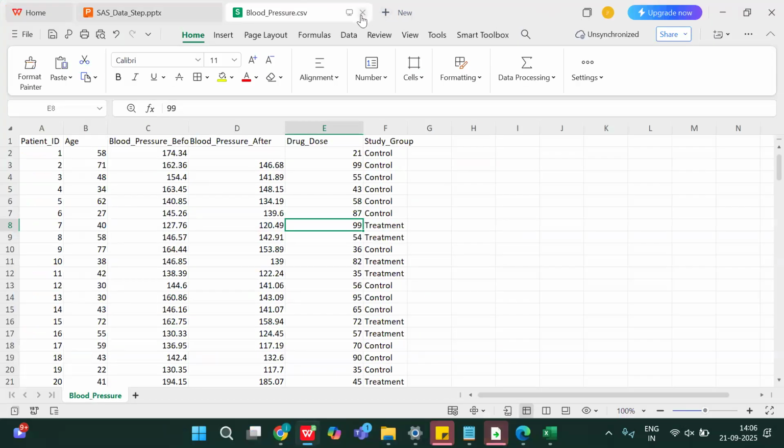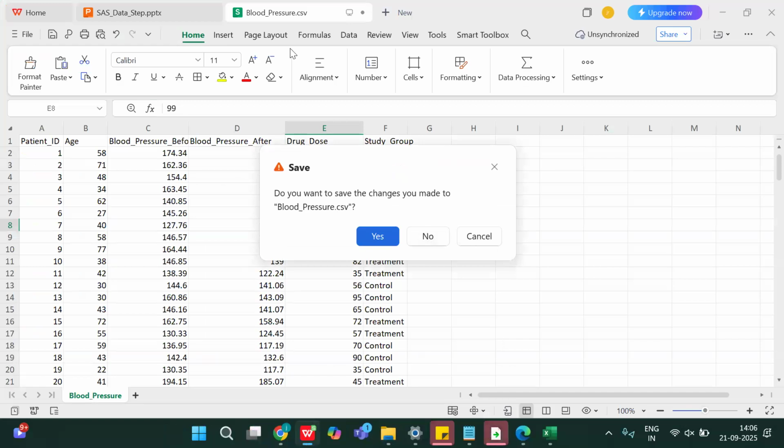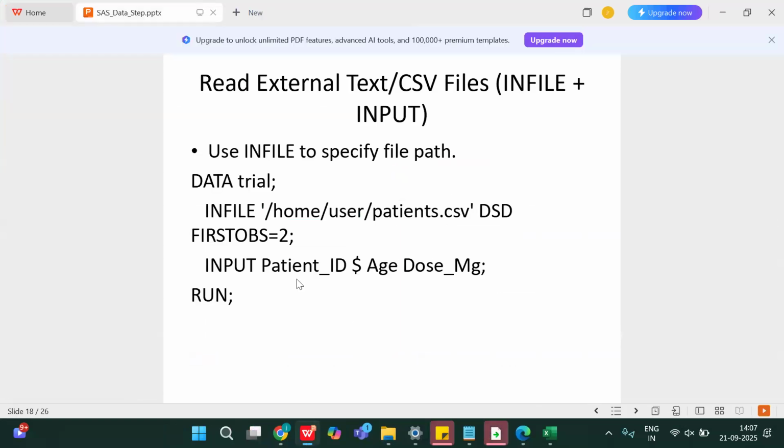Now I'm going to read this file. If you have a SAS licensed version, you can straight away read the data from your C drive or E drive. But since we only have the SAS web version, what we have to do is